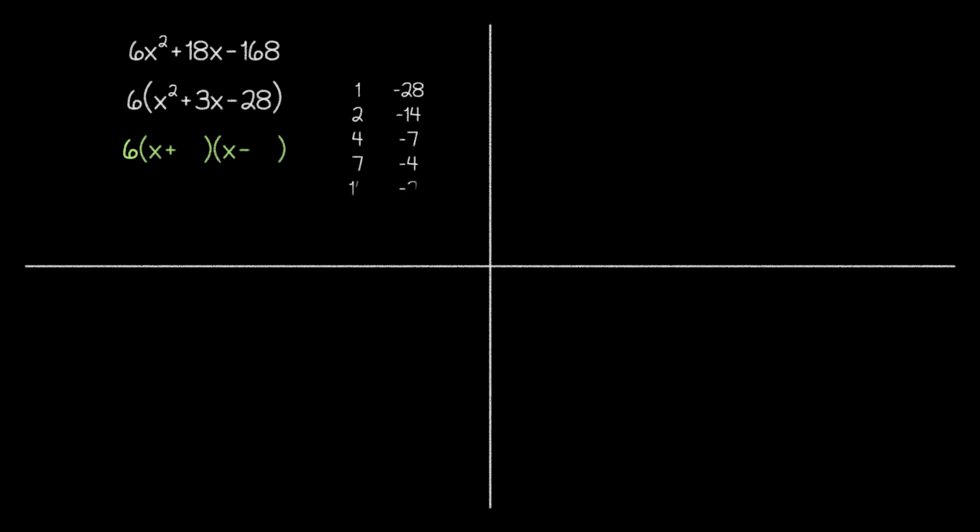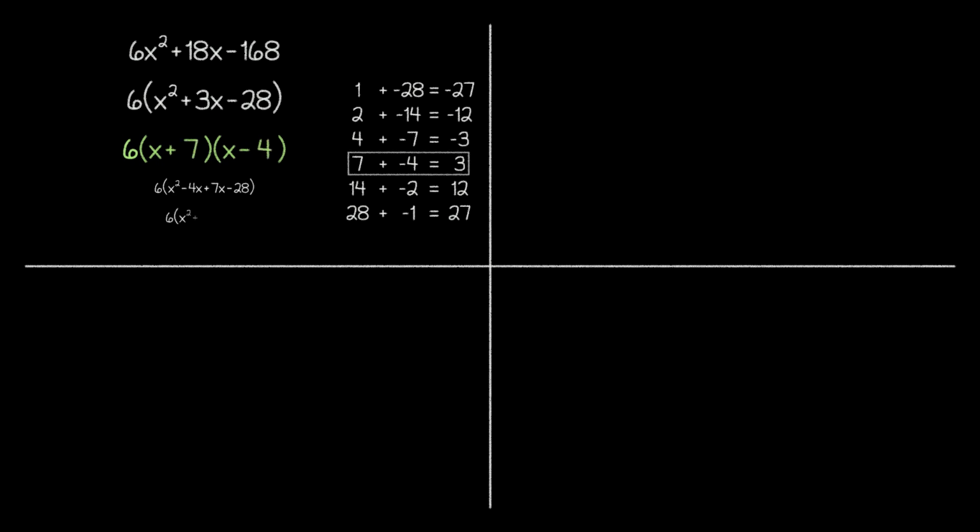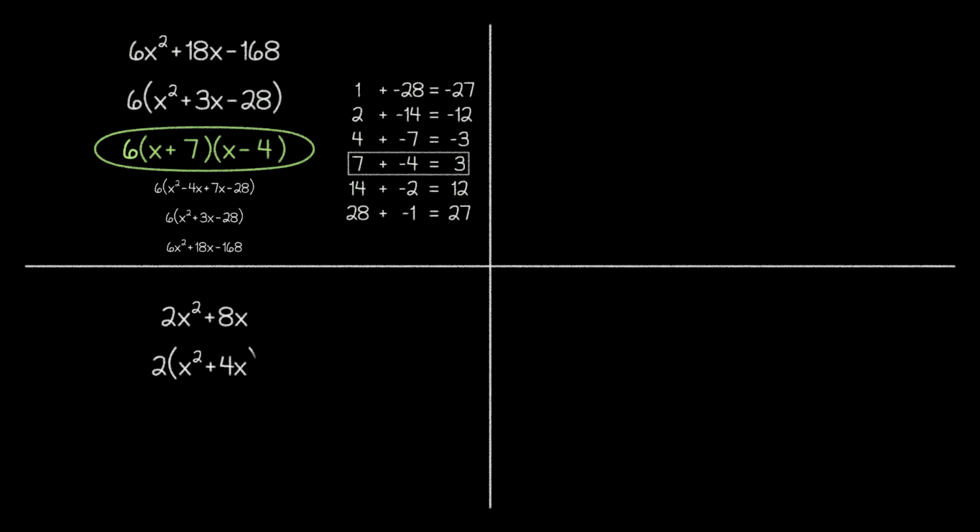We call this the greatest common factor, and this greatest common factor is what we'll initially look for whenever we have a leading coefficient. For our next problem, it looks like the greatest common factor is 2, which would allow us to rewrite the problem this way. And while factoring out a 2 is a valid way to simplify this problem, it turns out that 2 isn't actually the greatest common factor.